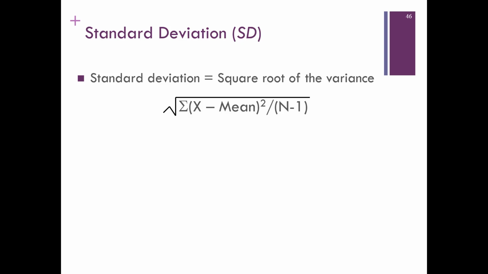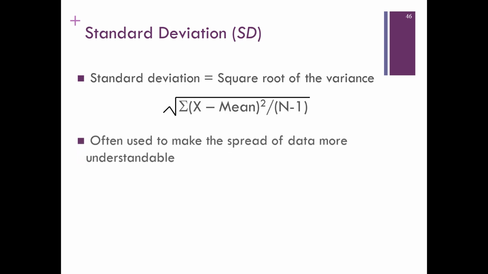Standard deviation is the square root of the variance. So you just take a square root of the variance, and it's often used to make the spread of data more understandable. Why is that? Well, first of all, standard deviation is in the original units of measurement. So for variance, you squared a bunch of things and then manipulated that figure. But for standard deviation, you take the square root of that, and so you come back down to the original